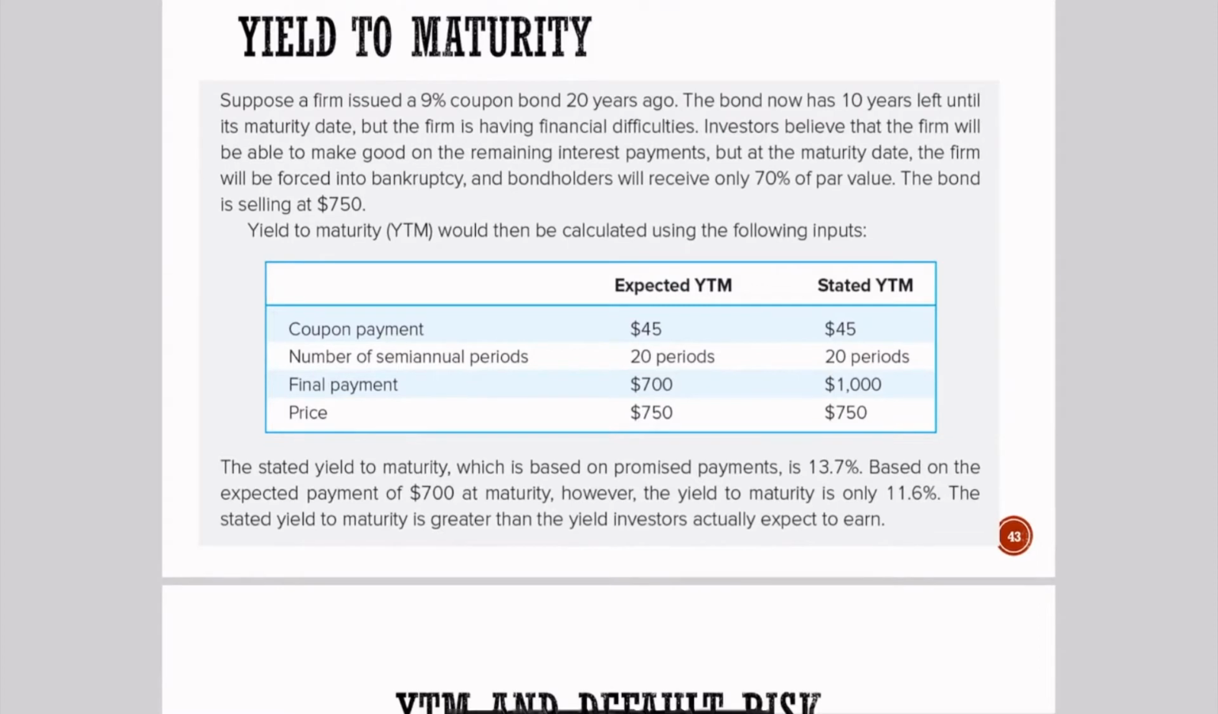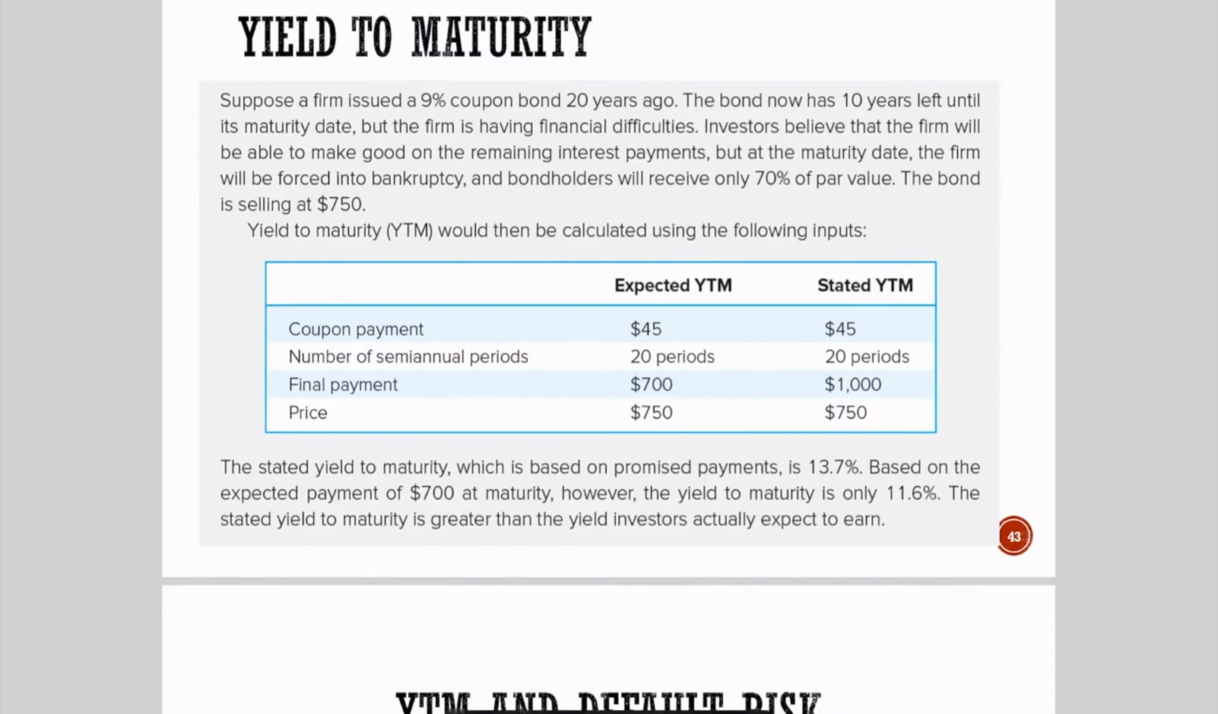So suppose a firm has a 9% coupon bond issued 20 years ago. The bond has 10 years left. But the firm is having some difficulties, and investors believe the firm will be able to make good on the remaining interest payments. However, the firm will have difficulty on the final date, so the bondholders will only receive 70% of par value. The bond is selling at $750. Now, let's